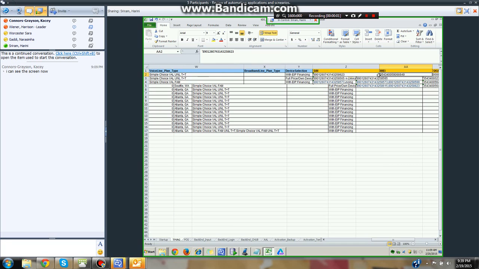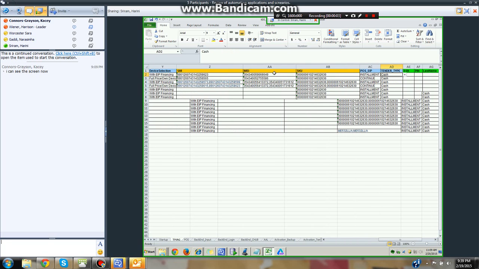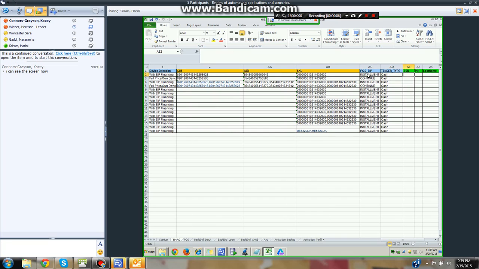Input parameters are there. We need to provide which environment we need to execute that TMAG application in, and what scenario we need to execute: single line with EAP, single line without EAP, or multi-line. Based on the scenario name, we provide the available SIM numbers and IME numbers. Based on the input data, it will read the data from Excel, invoke that particular single line activation, go through the application, and activate that scenario in our application, and finally all